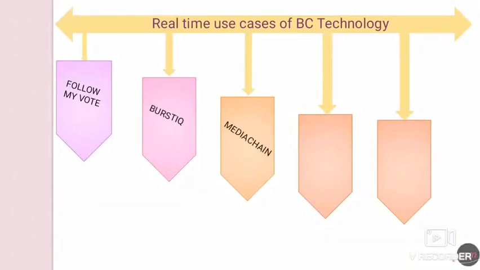MediaChain is an application normally used in the music industry, developed in New York. It uses smart contracts to get musicians the money they deserve. Xage Security is an application used in Internet of Things. It was developed in California. Xage is the world's first blockchain-enabled cybersecurity platform for IoT companies.